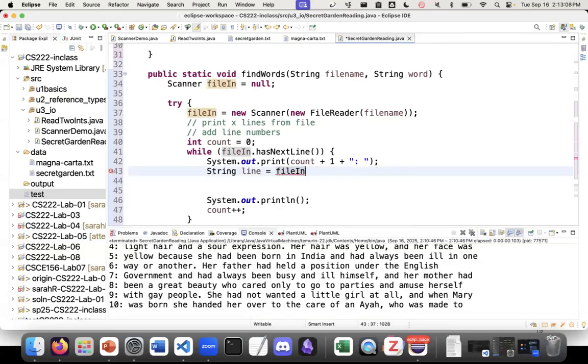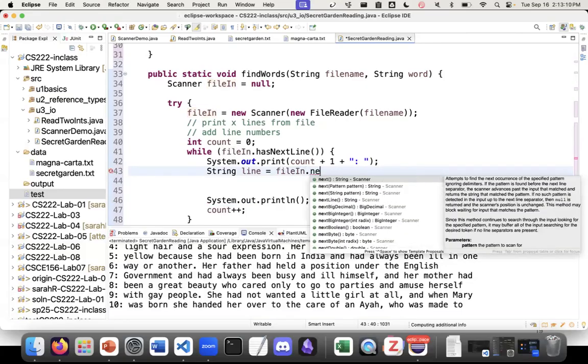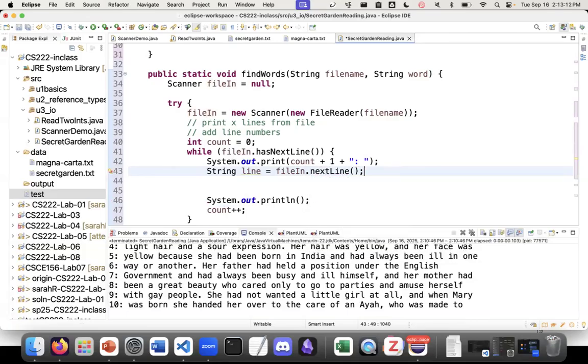And instead, I'm going to save it to a variable. So I'm going to grab that line, save it to a string called line, and I'm only going to print that line if it contains garden. And so